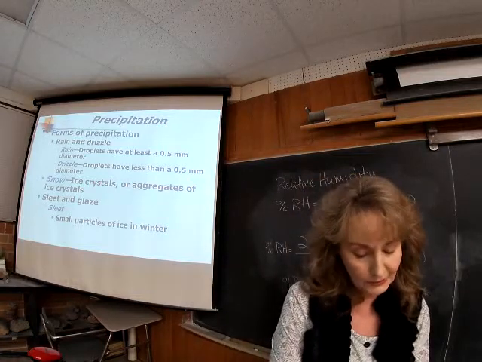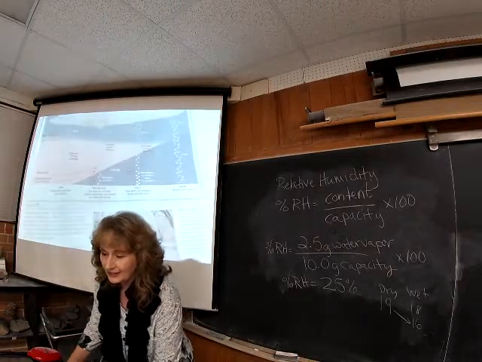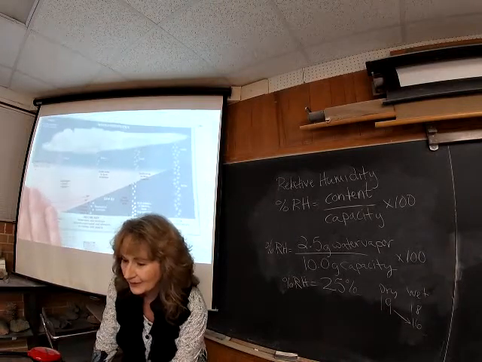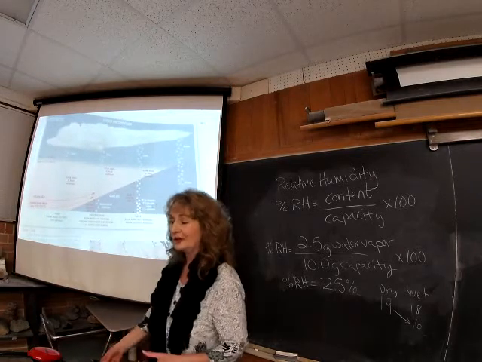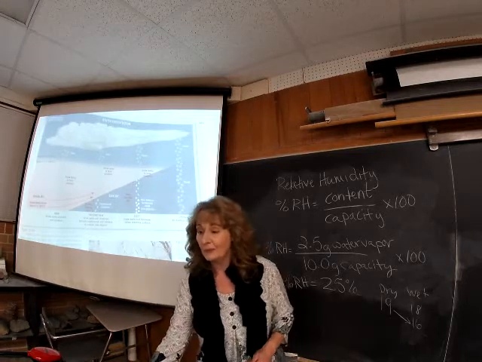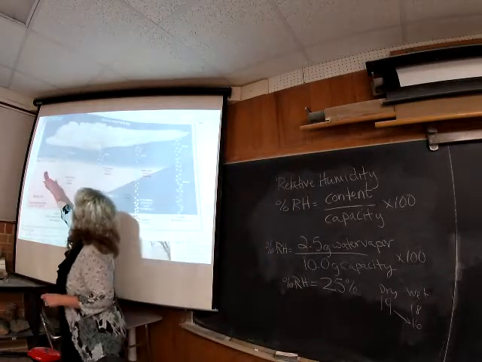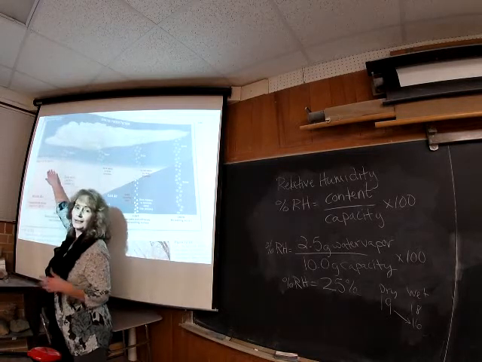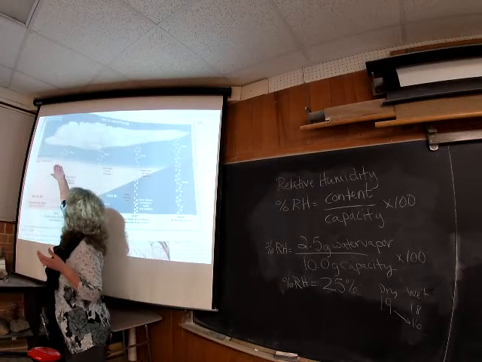So let's take a look at your book. They've got some scenarios of what you're going to get depending on what's happening in your atmosphere. So this is some winter precipitation they're talking about. I hope that shows up pretty good. This is out of your book, page 385, figure 12.29 out of chapter 12. Okay, so we've got some scenarios here where our temperature, this little dashed line here, our temperature below here is less than 0 degrees Celsius, so less than 32 degrees, so that's the freezing temperature.